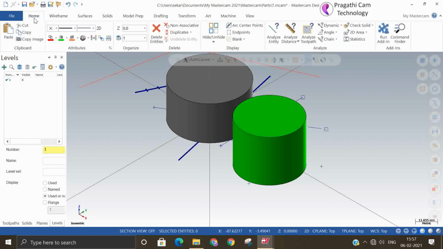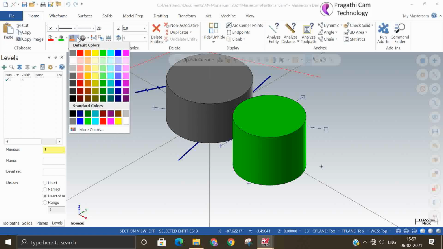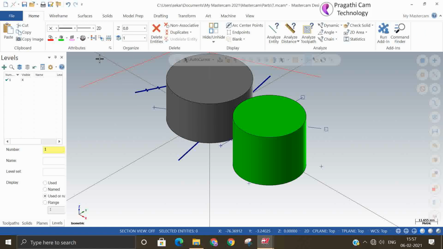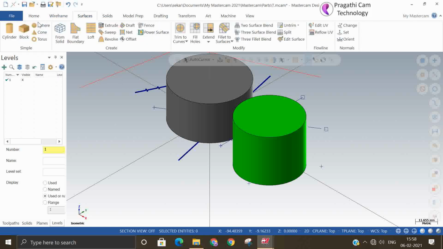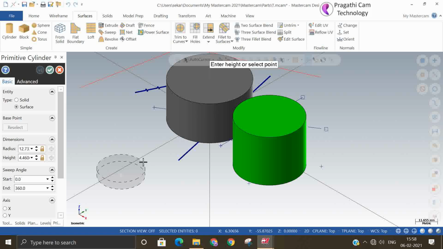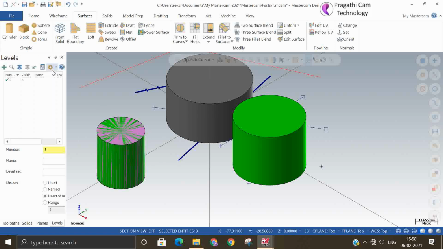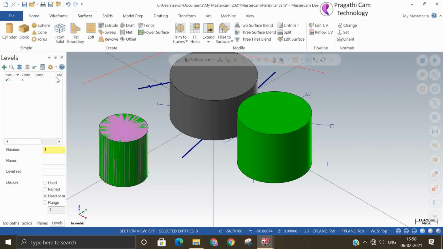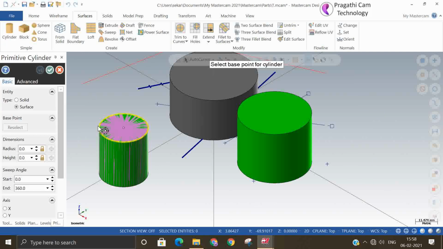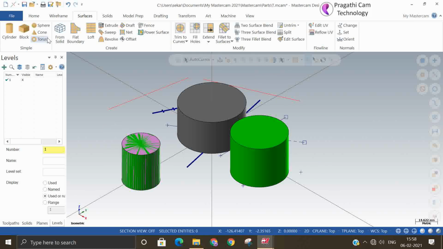So this is the color properties. Like this you can change the surface color also. So I can change surface color now. One surface I will make. Actually the solid is also there, combined it is coming. So if you want, you can delete it. In this, surface is there and solid is also there, so otherwise you can make one surface itself.